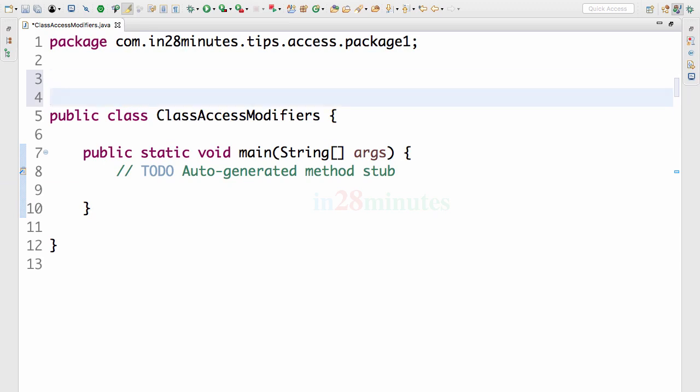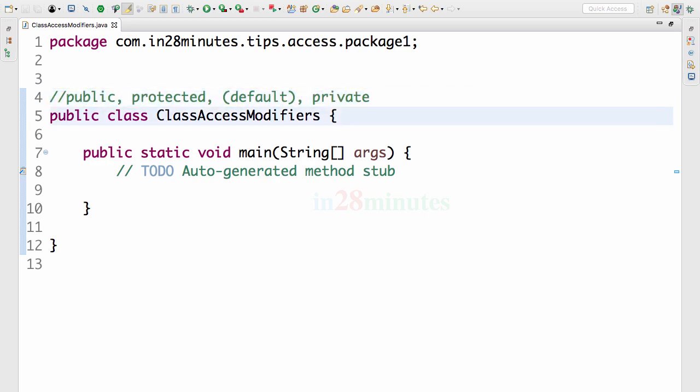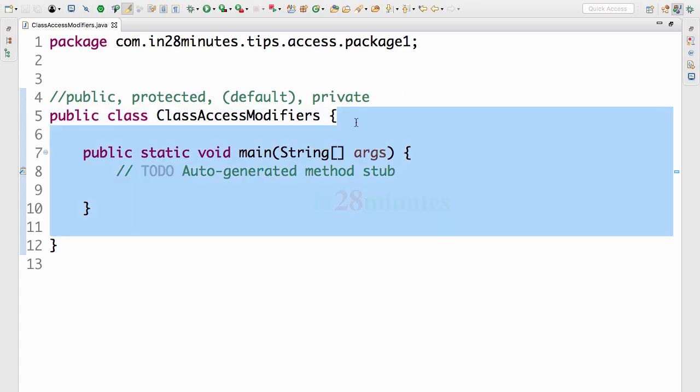Typically, the access modifiers which are allowed are public, protected, default. I'll put it in parenthesis as it's actually absence of an access modifier. That's what makes it default, and private. All these access modifiers are used to enforce encapsulation. These don't really protect you from outside security threats. These actually help you to decide what kind of things in your class are accessible to people who write code